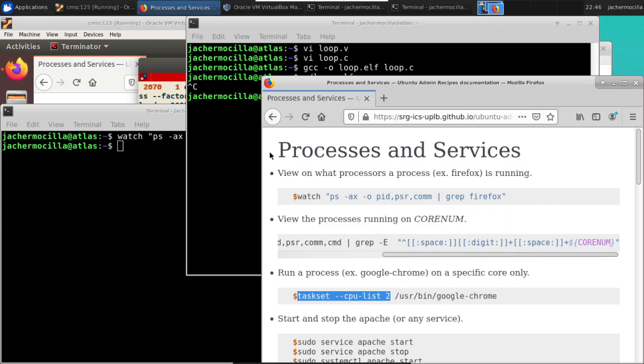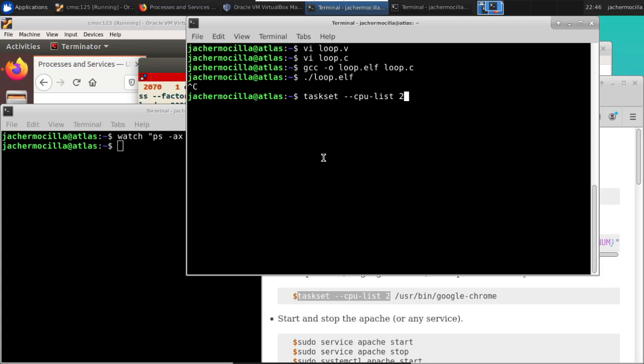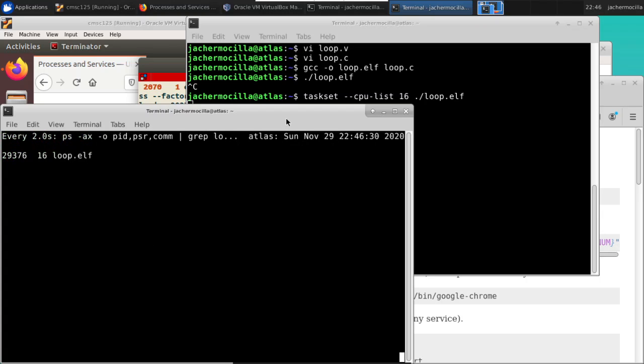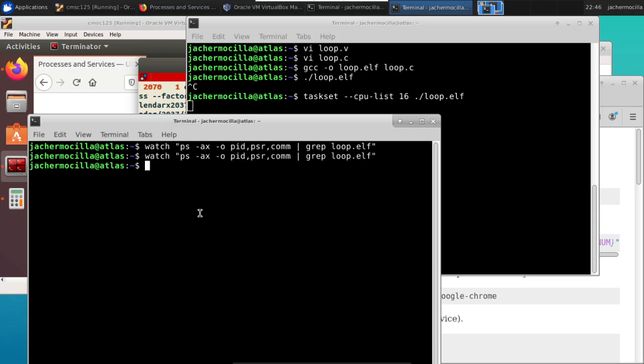So if we want to run this particular process on a specific core, let's say core 16, we can do that using the taskset command, and then you will notice now that we've fixed the location of this particular process. We've specified explicitly where to run this process. Okay? So if we look at htop,